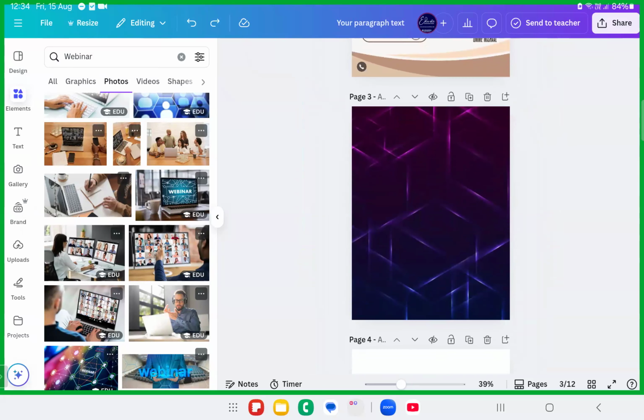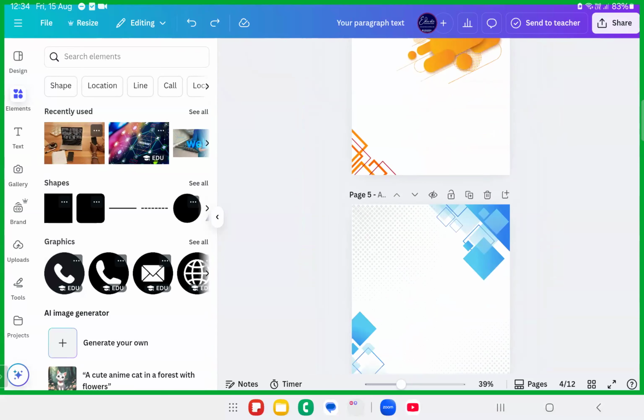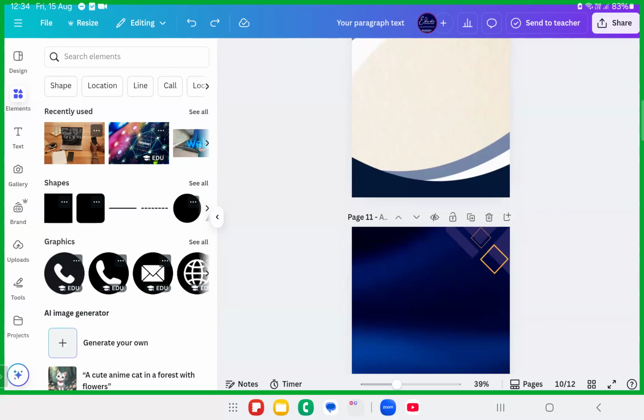Okay. Now the last two flyers are left. One is a tutoring flyer. You can create your own tutoring flyers, just adding the tutoring content. For example, the content matters. If the client is looking for mathematics tutoring or something like that, you need to have the proper background related to mathematics itself. If the client is looking for Quran based tutoring, then you need to have a background with the Quran in